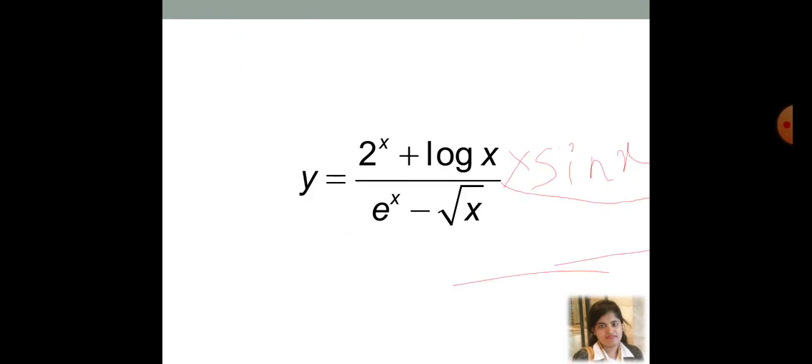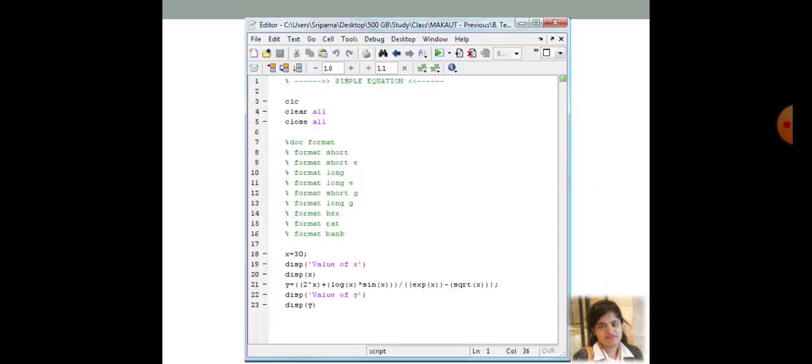Minus, you need to do the square root. So there is a function named sqrt then x. Okay, and just check where I have placed the first brackets. If you cannot understand, just pause the video and check that the first brackets have been placed in such a way that you can understand what is the numerator and what is the denominator. Then the y value has been calculated.